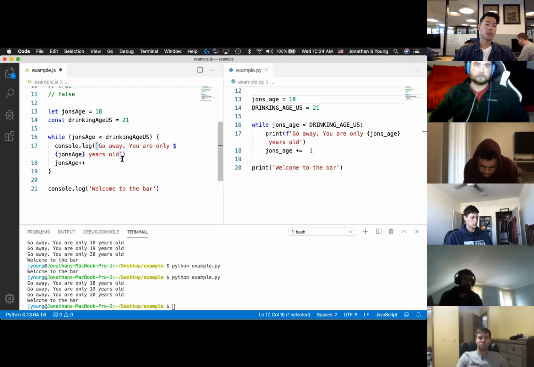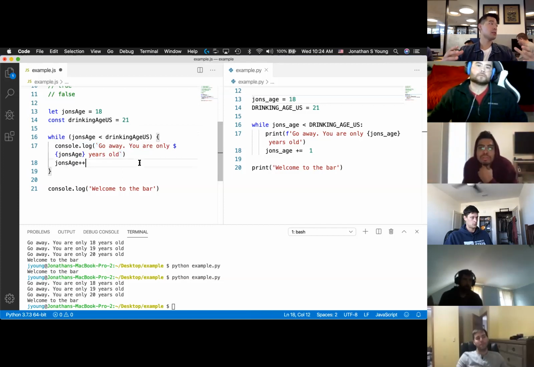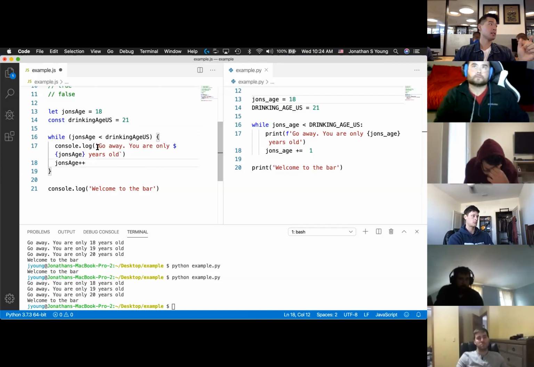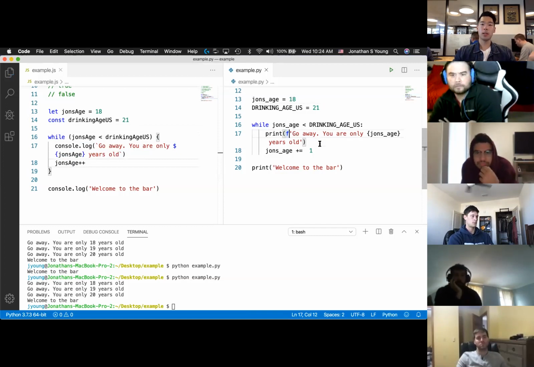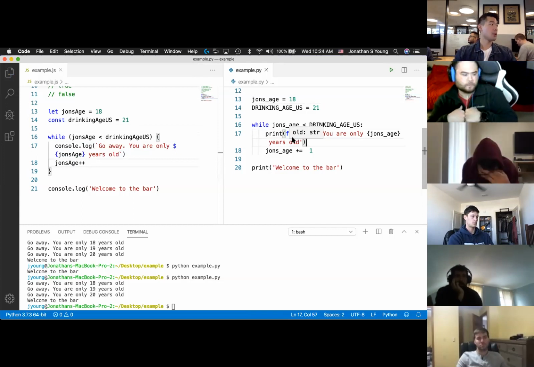No, I generally will only do backticks if I'm interpolating. If I'm just printing something regularly, I'll use single quotes. It's just easy. It'll execute the exact same way, but you're writing code mostly for other people, because other people will read your stuff. So if I see a backtick, I'm expecting that I'm interpolating something right away. Same thing here. I could do printf without interpolating anything, but the moment I see F, which means formatted string, I know that I'm going to interpolate something. So it'll still work with or without something to interpolate, but why do that?